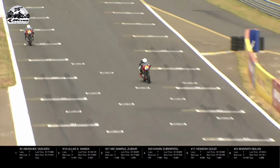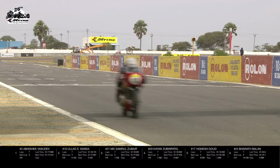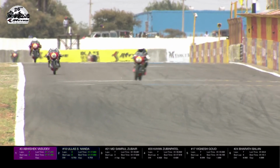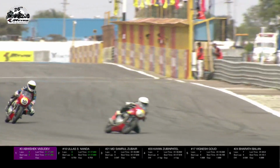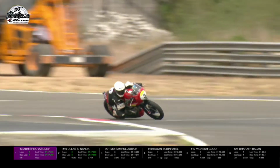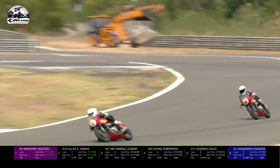In fact, they did not even finish. Him along with Venkatesh Ayappam, Anand R. These are the 3 that have retired so far. In fact, Anand had a couple of laps in the race. Surya, in fact, I don't think even completed a lap. So that's a disappointing result for Surya PM. Abhishek Vasudev in the meantime has clocked the fastest lap of the race, 1 minute